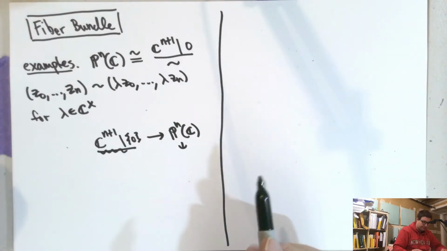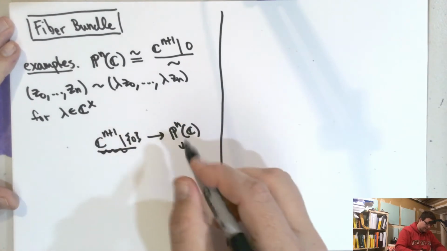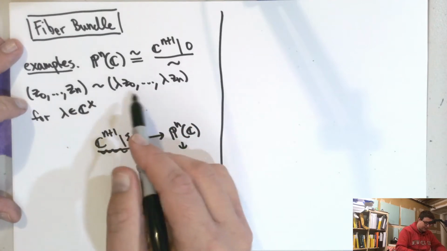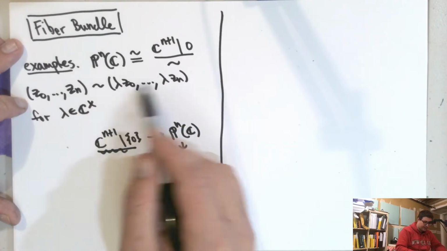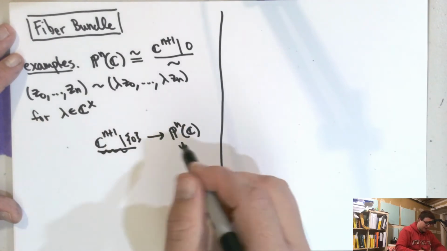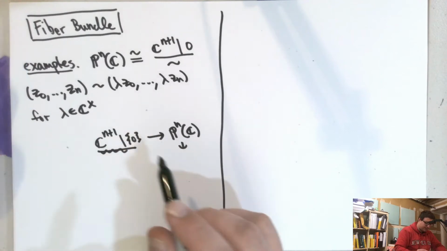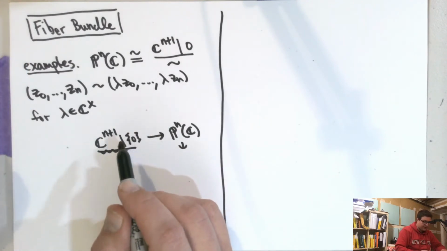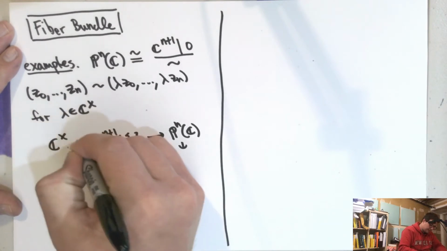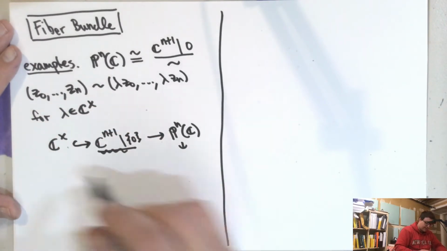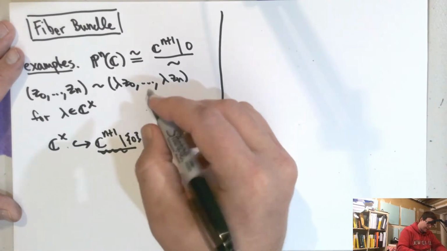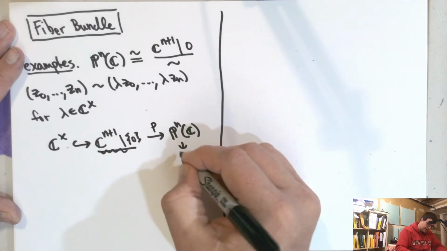It's going to be everything that's equivalent to this given vector. So we're going to have a bunch of copies of, what do we have? It looks like a copy of C star in here. This is just an abbreviation for what the fiber looks like. So if I call this map P, and I take a point,